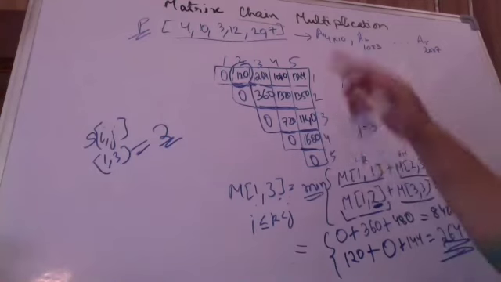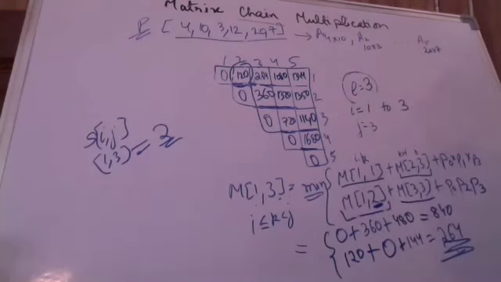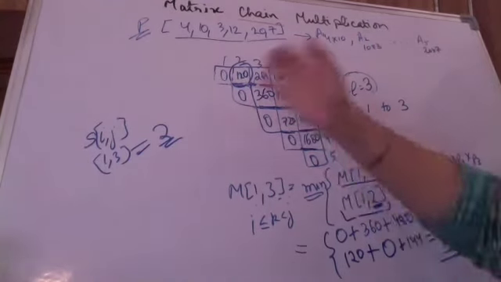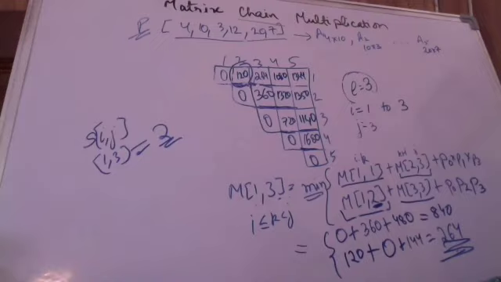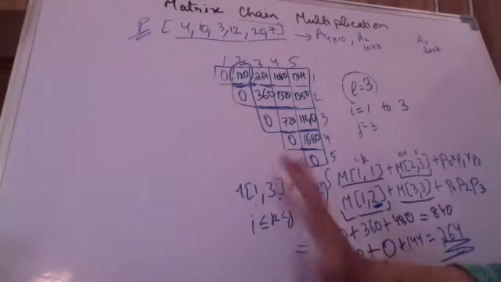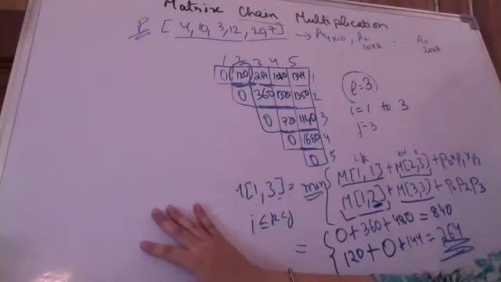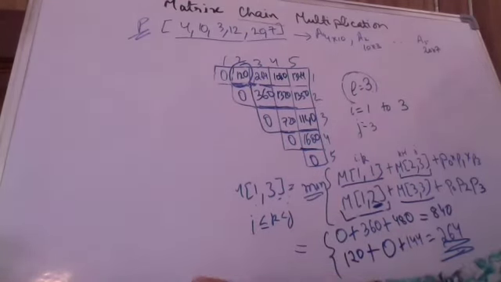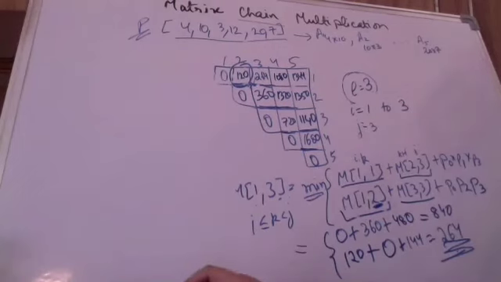So these are the answers which I am getting after solving for L equal to 5 also. So the same process will go and we'll be able to find the answers. After finding this, we have the S matrix, we'll be able to find कि कौन सा आंसर हमें कौन सी K की वैल्यू पे मिला था, and then we can find the multiplication. There is one more small algorithm in case I do not want to multiply, only print the correct parenthesization. There is a small algorithm which I am writing only to print the optimal parenthesization.